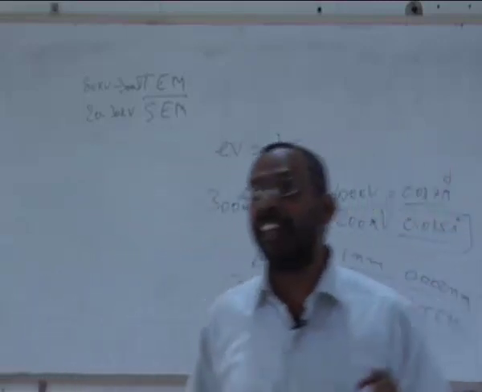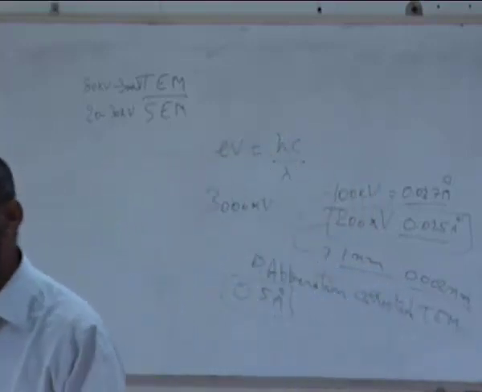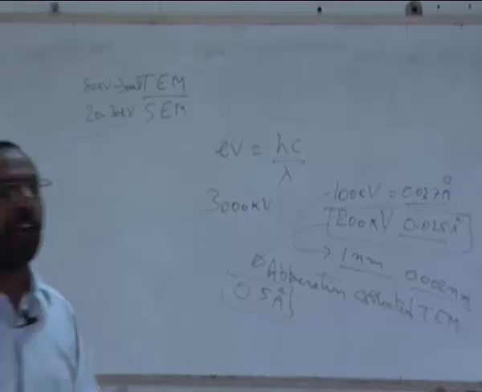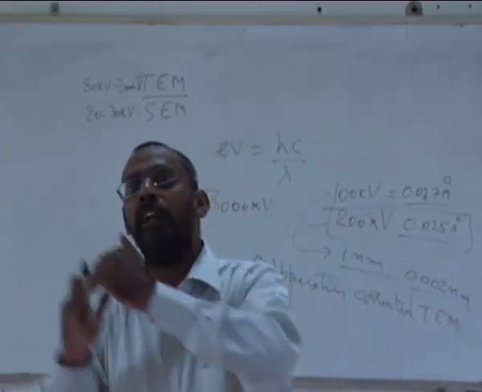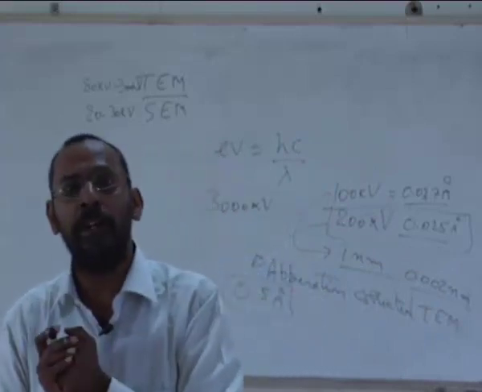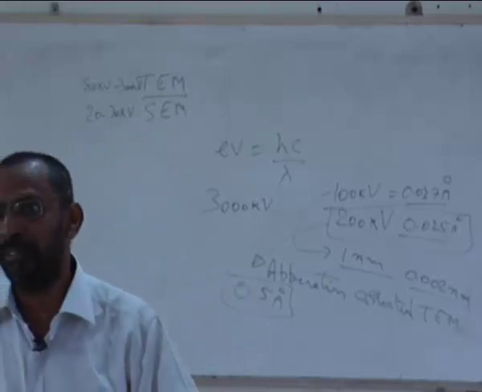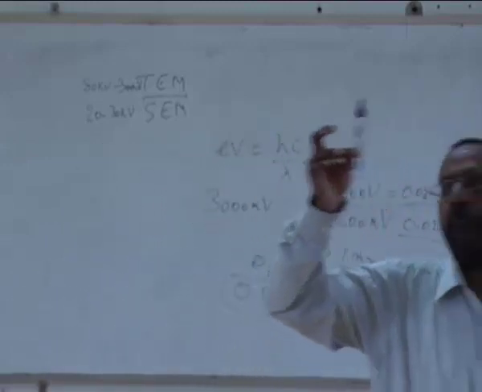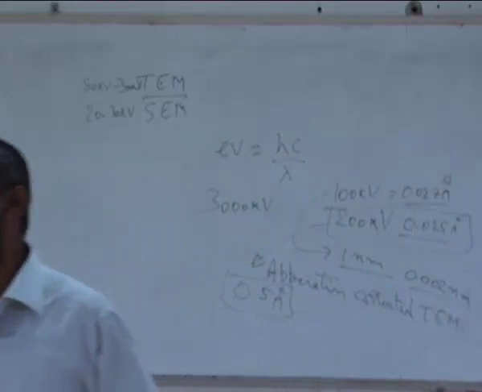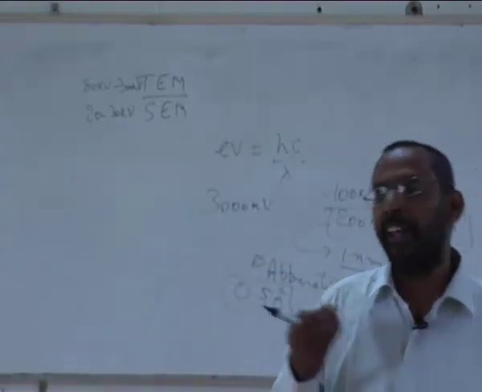Unless the grain size is of the order of nanometers. For example, nowadays we are talking of nanomaterials. A lot of people are working on nanomaterials where the grains can vary anywhere between 100 nanometers. We usually define any material as nanomaterial only when its dimensions are smaller than 100 nanometers. Any one of the dimensions. For example, we call a rod a nano rod when its diameter is less than 100 nanometers. The length can be anything, but as long as the diameter is less than 100 nanometers, we usually call it a nanomaterial. Of course, this is not a very fixed number.